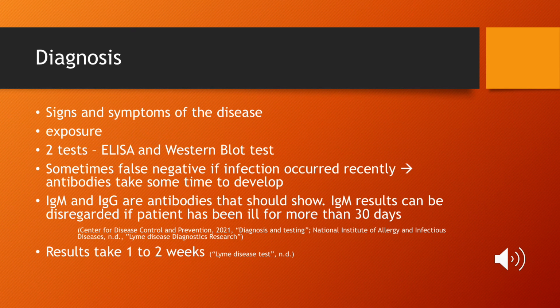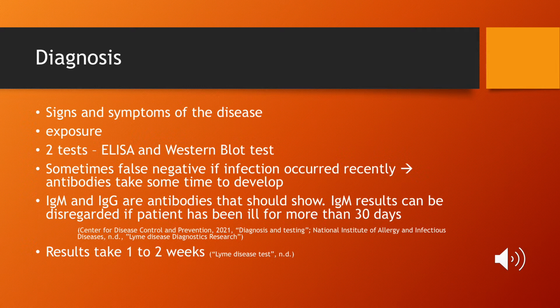In order to diagnose Lyme disease, patient information like signs and symptoms of the disease and also exposure in possible high-risk areas need to be taken into consideration. And then there are 2 tests that need to be done, the ELISA and the Western blot test. ELISA is a conventional enzyme-linked immunoassay test, which tests the blood for antibodies, but not directly for the actual causative agent. And then if that test comes back as positive, then the Western blot test is used, and